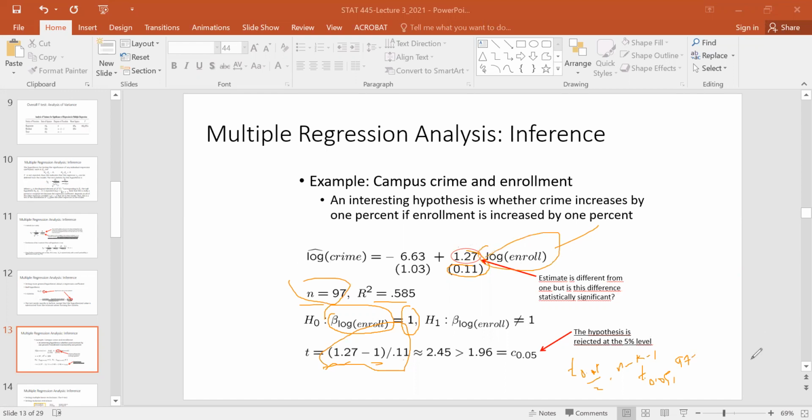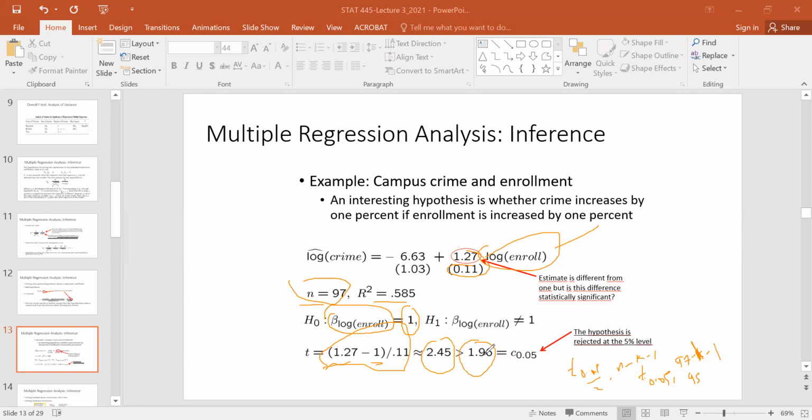There's only one regressor, so n minus k minus 1 is 95. Read this on the t table. You get 1.96. This is a familiar number for t at alpha 0.05. So since t calculated is greater than t critical, which is read from the table,